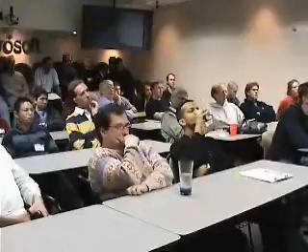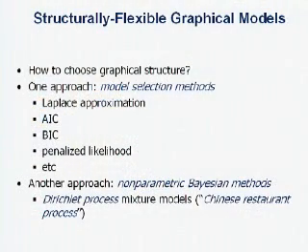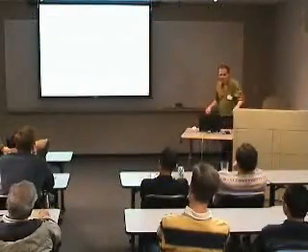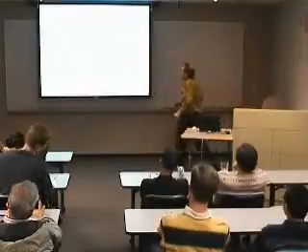We're going to then move to the real part of the talk, which is not how to do just one mixture model problem, but, as you're seeing in all of these examples, we have multiple mixture model problems. How do you choose the number of topics, quote unquote? What do you mean by the number of topics when you have multiple mixture model problems that are linked in some sense? That's our problem. So more generally, how do you choose graphical structure? There are all of these model selection methods out there, and the problem with a lot of these is they're derived under various assumptions that aren't really appropriate for the case where you have large amounts of uncertainty about your structure.